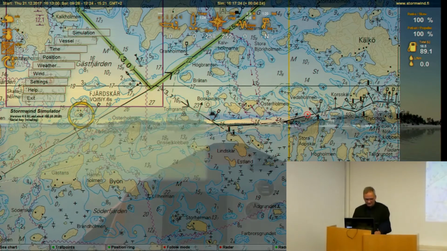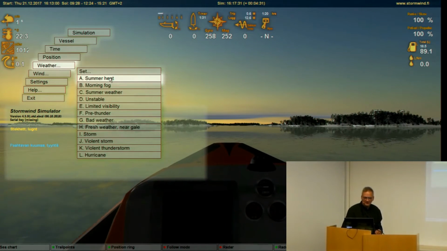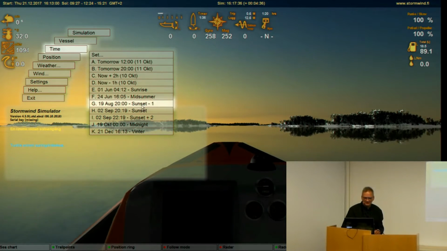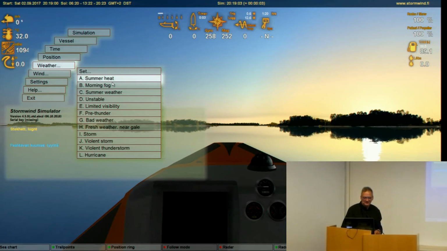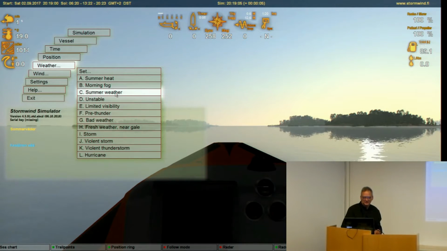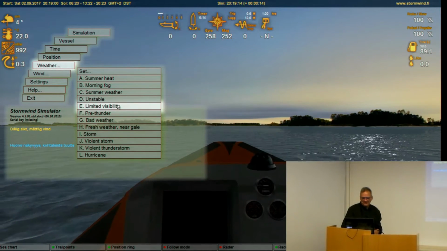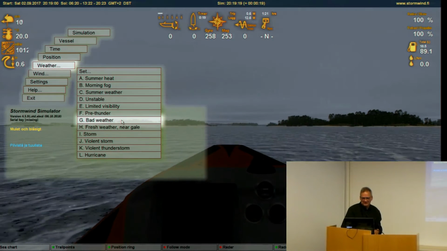Here I can do a little bit of weather changes, and I'll show you just what happens. You have the summer heat. Oh, we need to select sunset, for example. Morning fog, we can configure all weathers, but we have fast selections here. Unstable here. Limited visibility, breeze under, it gets blue. Bad weather,